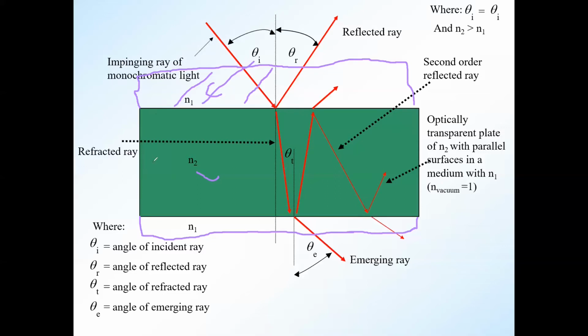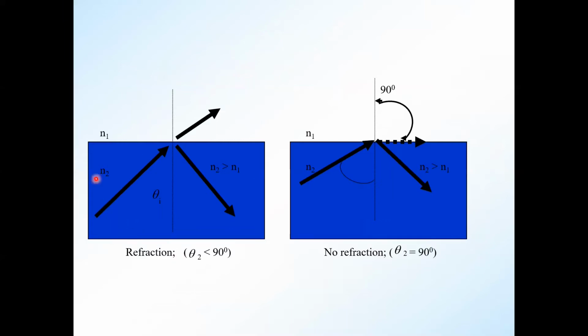Now how does the light travel in it? As you can see, it takes a triangular path, and every time at the corner it is bending again, and this phenomenon is called total internal reflection. As I told you, the core has a higher refractive index and the cladding a lower refractive index. When light comes from a denser medium to a rarer medium, it will bend away from the normal.